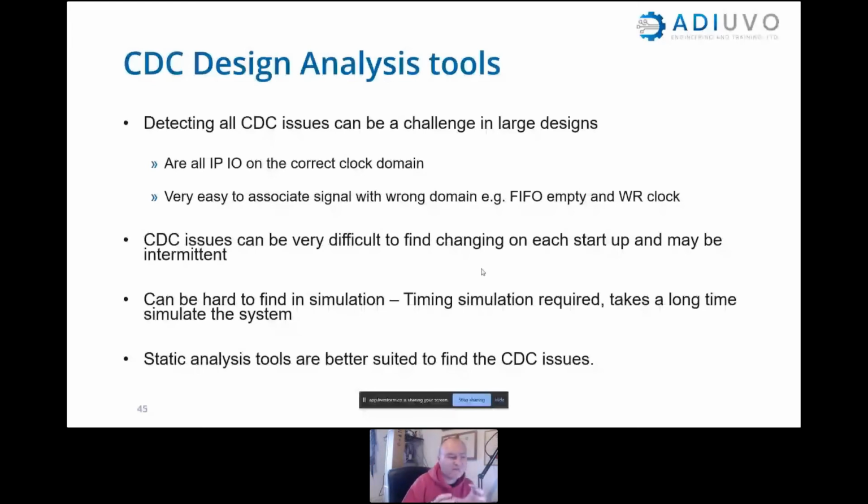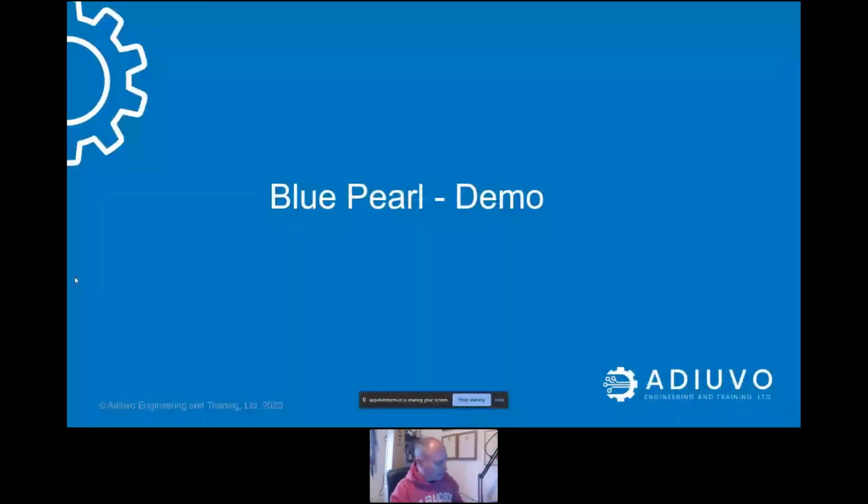So CDC issues are very difficult to find because they change every time you power on the board. If you've got unrelated clocks, the timing relationship changes every time you power on the board, and it might be intermittent, and it's going to be very difficult for you to find in simulation. You're only really going to find it, unfortunately, probably on the bench or maybe even later in the field when it's deployed, which is why using static analysis tools to actually find CDC issues is quite a good and powerful approach. So I want to quickly show you how you can do this using Blue Pearl,